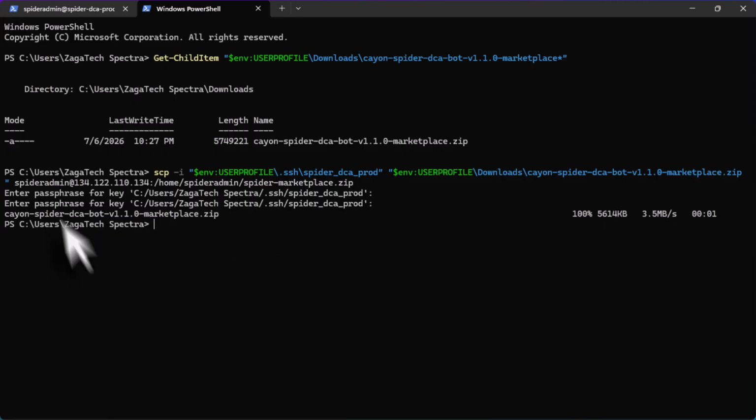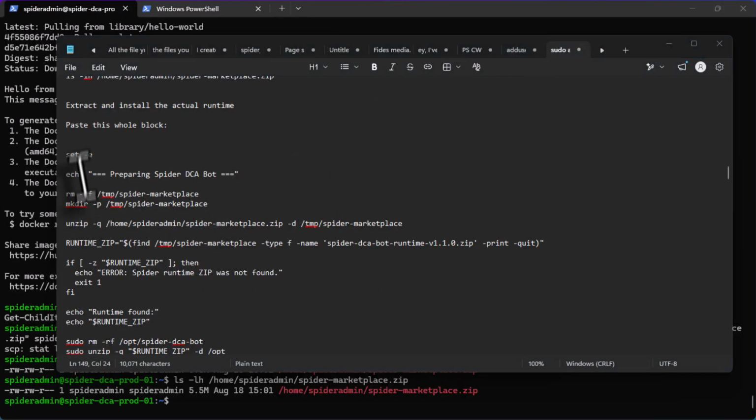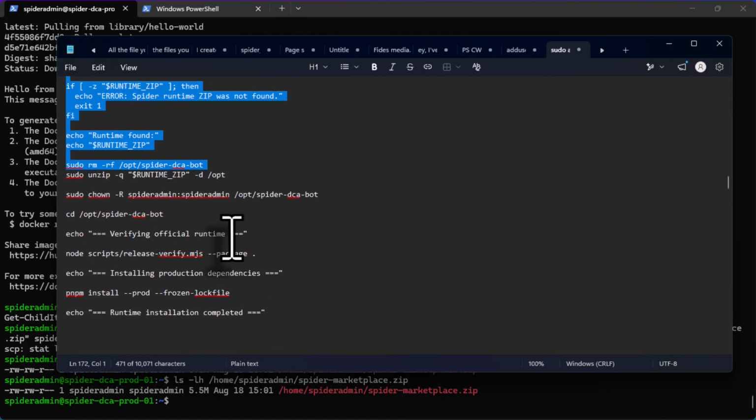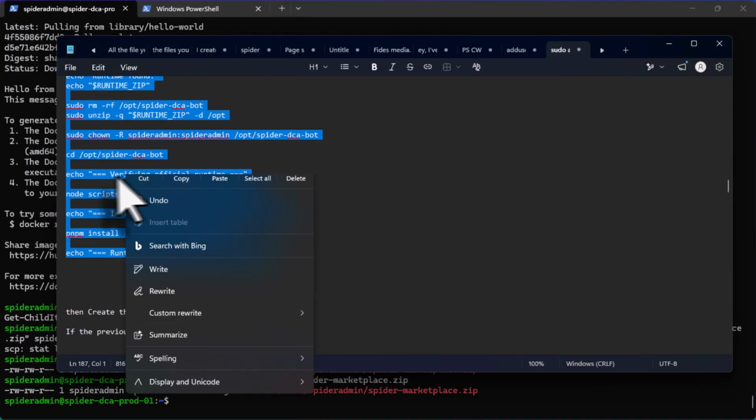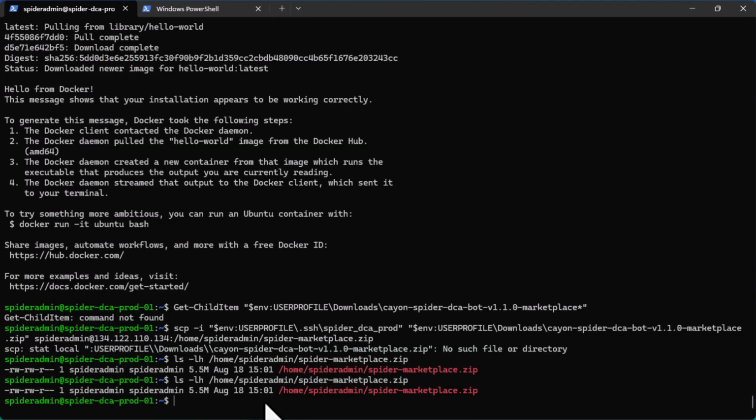Since it has been uploaded completely, what are we going to do next? You can see it is 100% uploaded, 542.3 MB in 0.001 seconds. The next step is for us to see how we can extract the file into the server. So you have to copy this script. That's the next step after uploading to the server. Copy the script, paste, and